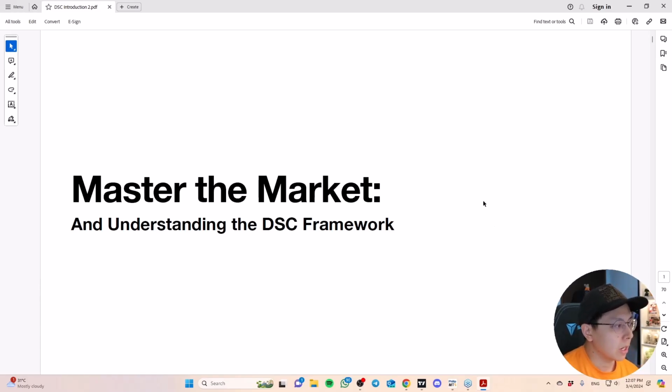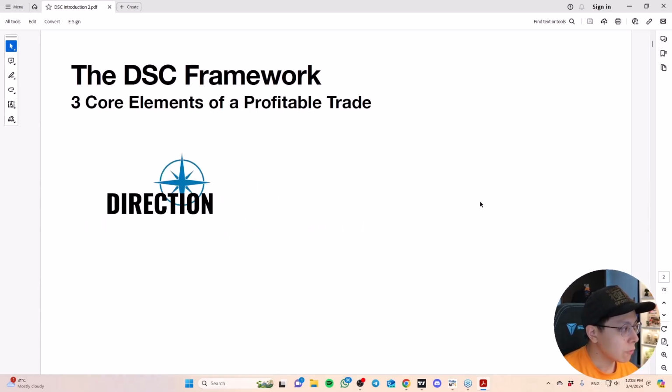Okay, so very quickly, let me share with you the overarching framework first. I think this is very important because a lot of traders struggle simply because they do not have the clarity when they approach the market or when they approach trading. In my years of experience, from observing how I trade and how fellow traders trade, I've condensed it into this framework over here.